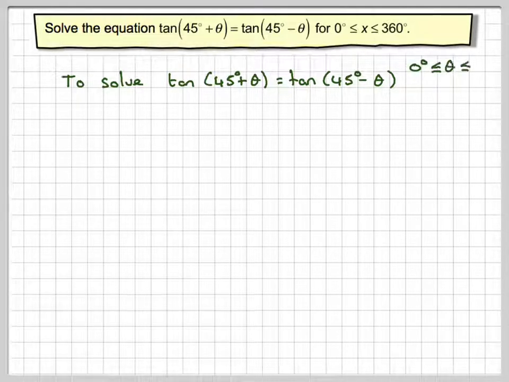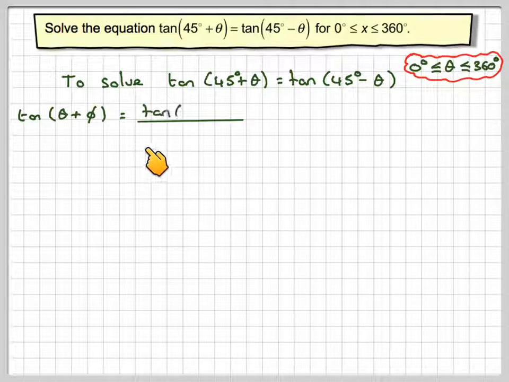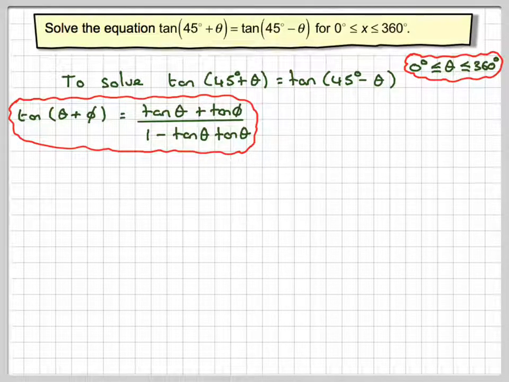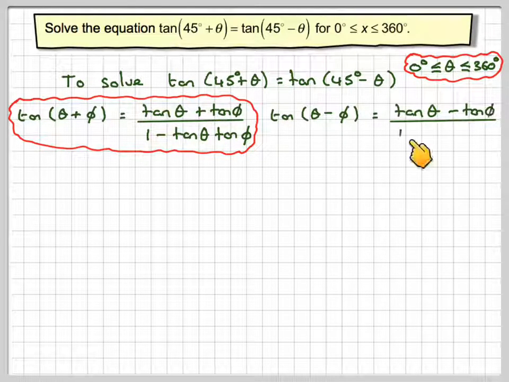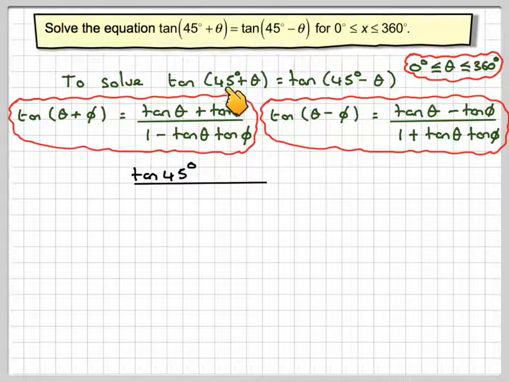Right, so using the compound angle formulae for this and this: tan(θ + φ) is (tan θ + tan φ) over (1 − tan θ tan φ), and tan(θ − φ) is (tan θ − tan φ) over (1 + tan θ tan φ). So applying this, with θ being 45 and φ being θ, this will now become